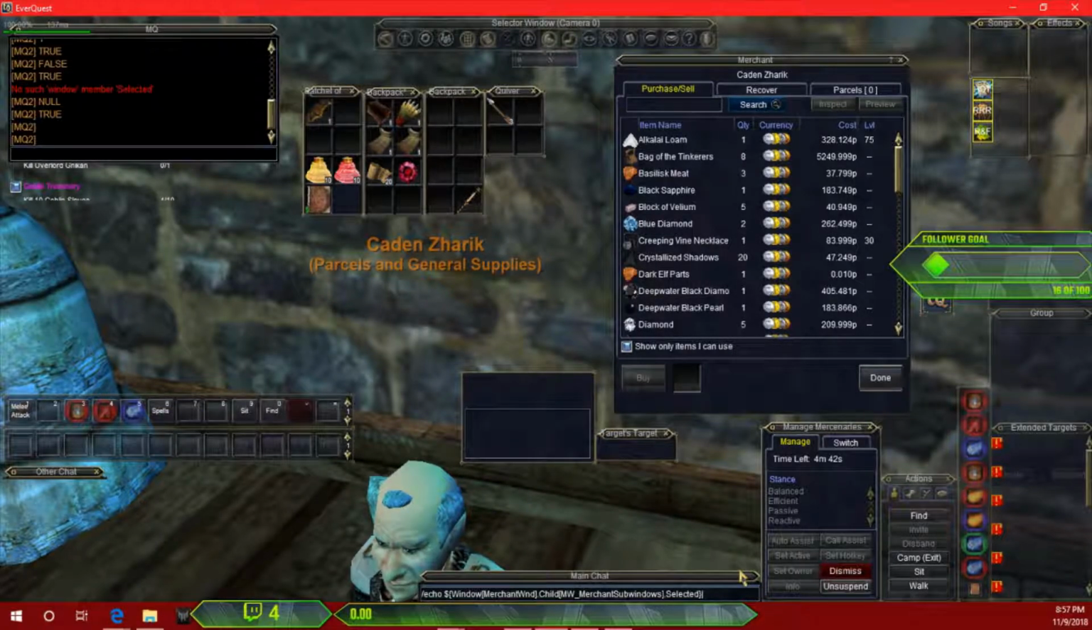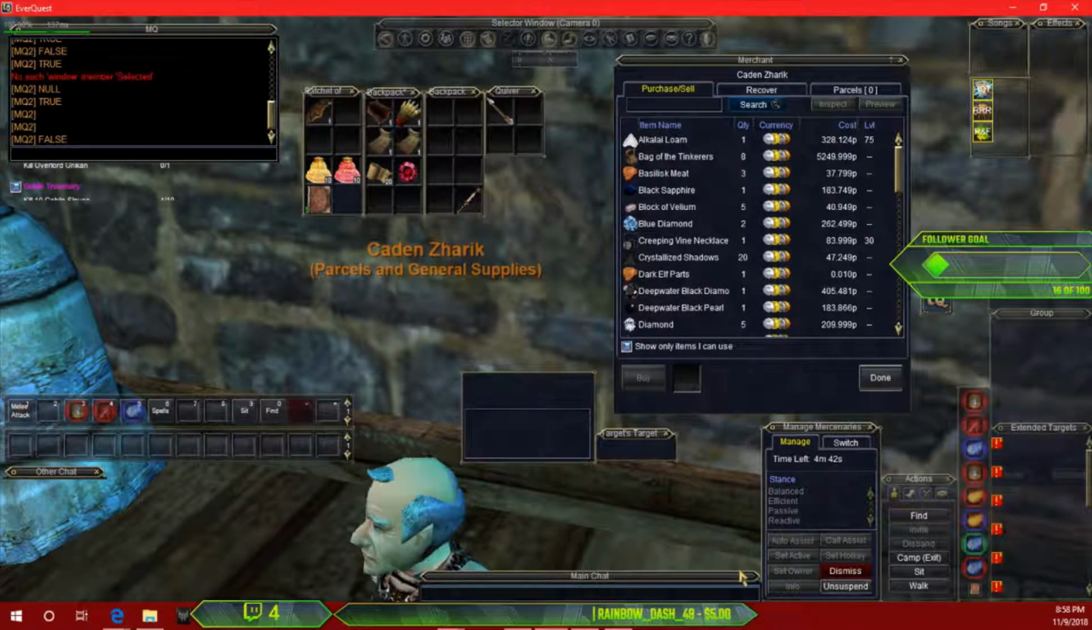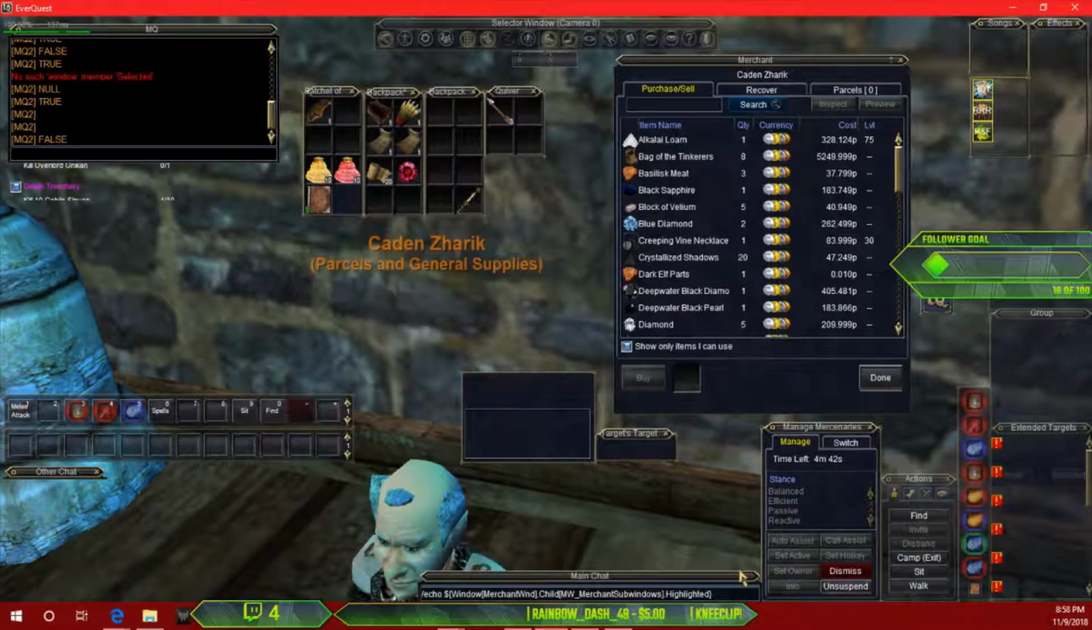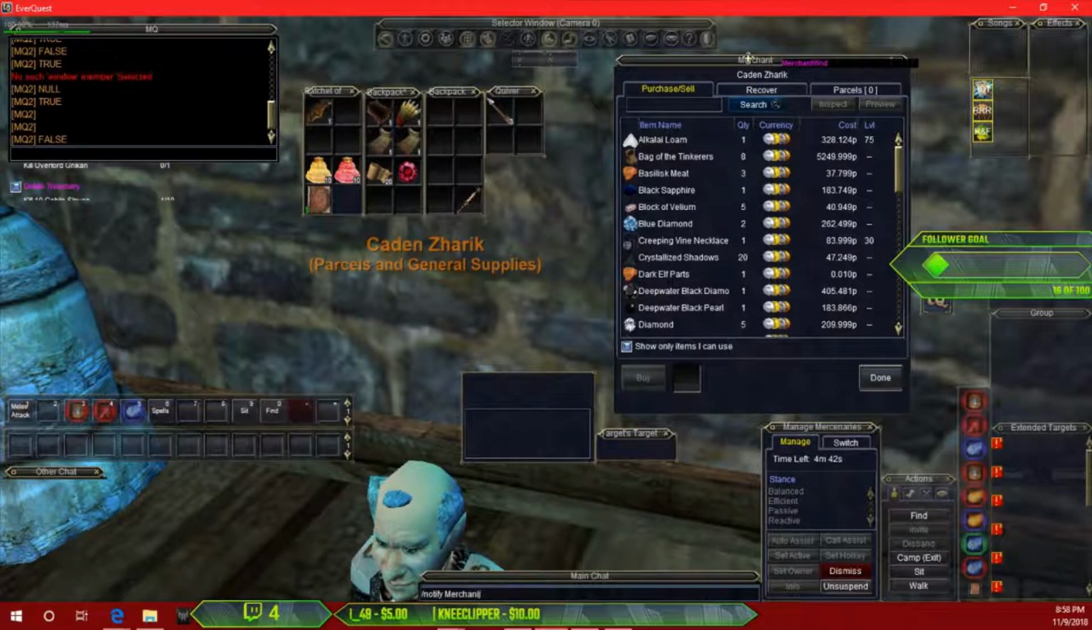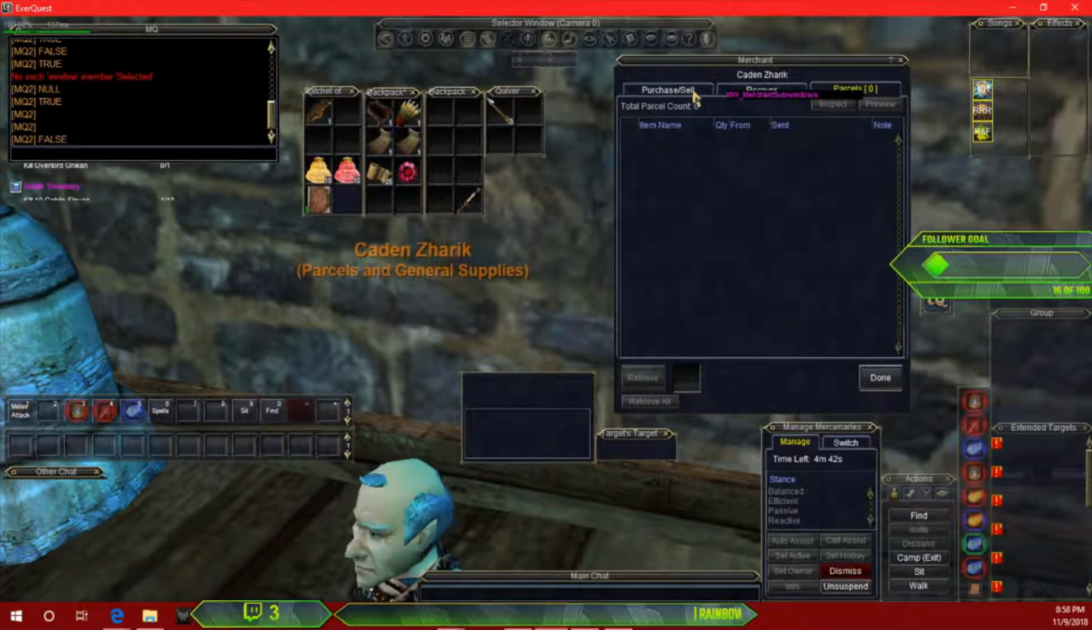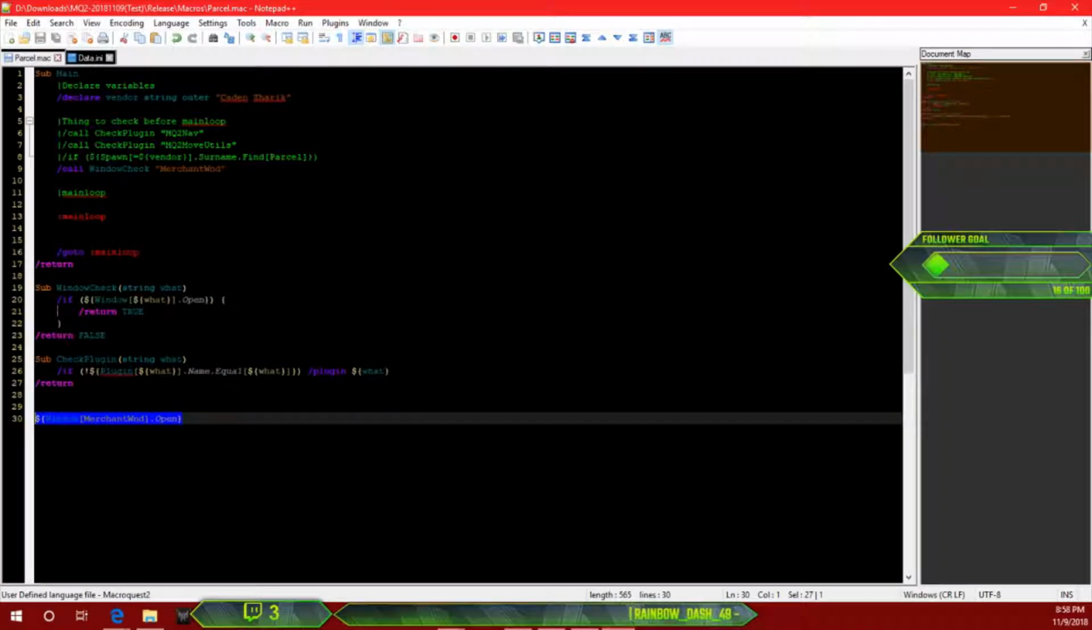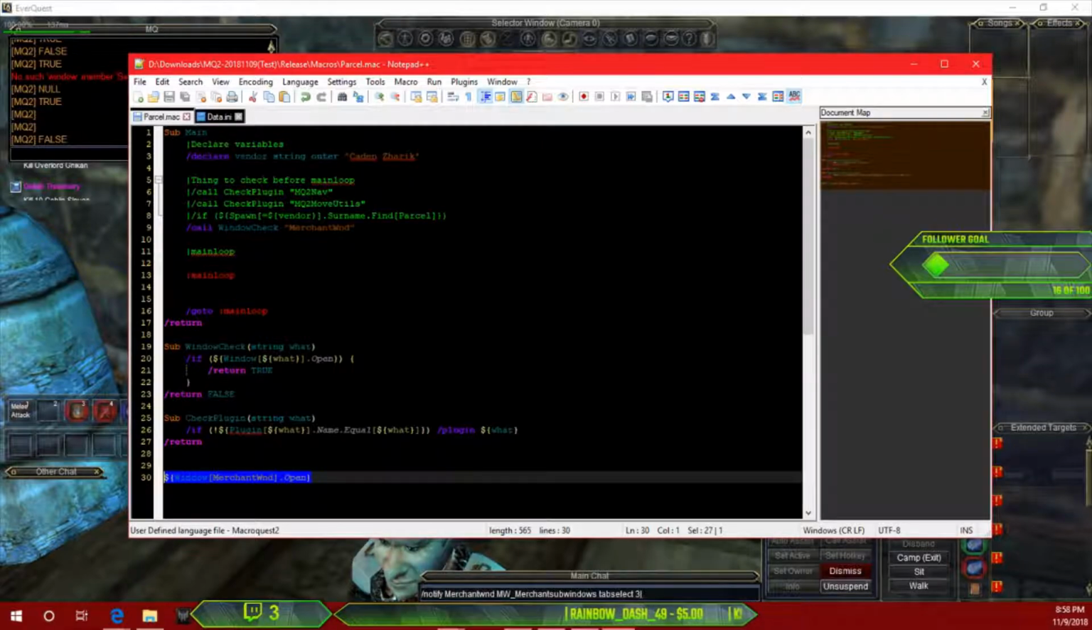So let's click back in my chat box down here and do HIGH, false. I don't know that I can verify the tab is selected per se, but I can do a notification to that one every time I open the window or every time I try to use the window. So I can do /notify merchant WND MW underscore merchant subwindows tab select 3, and it will select the parcels. So I can make reference of that code, just bring that out of Max, and